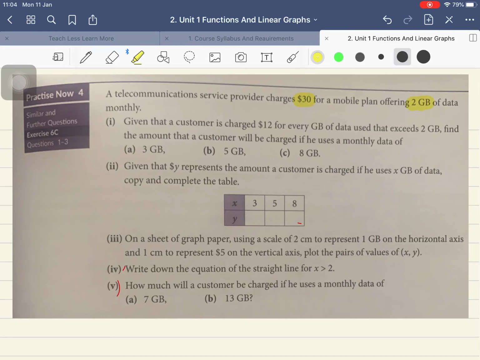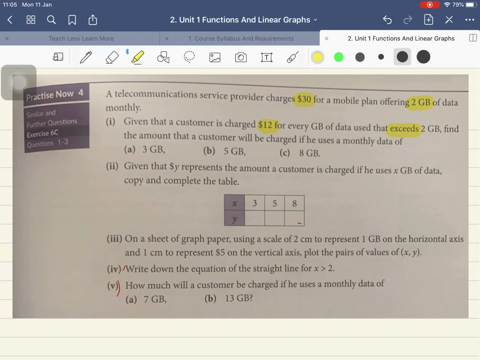In other countries they let the customer use whatever data he or she wants to use, and they just charge extra for it. For example, here, a customer is charged $12 for every gigabyte of data used that exceeds 2 gigabytes. The word exceeds tells you that if you go over 2 gigabytes, it's fine, just use it. We are going to just charge you $12 for every gigabyte that you use after the 2 gigabytes you pay